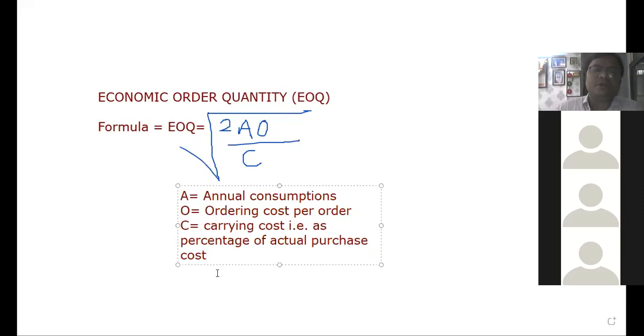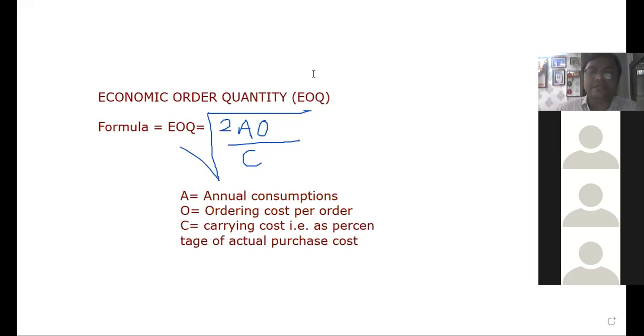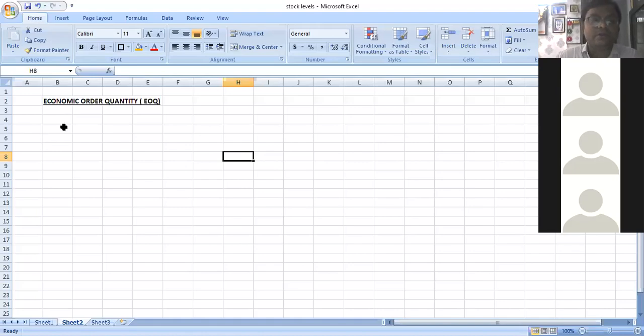So this is your economic order quantity, and economic order quantity is a quantity where your ordering cost as well as carrying costs are minimum. This is a reasonable quantity you can purchase from the supplier, and in this lot only. Once you find out your economic order quantity, that is purely on the basis of your annual consumption. So this is the formula for how to calculate it. Understood? So economic order quantity that we learned. Now we'll see the practical sum on this. The practical sums will give you a clear idea about how economic order quantity is to be calculated.